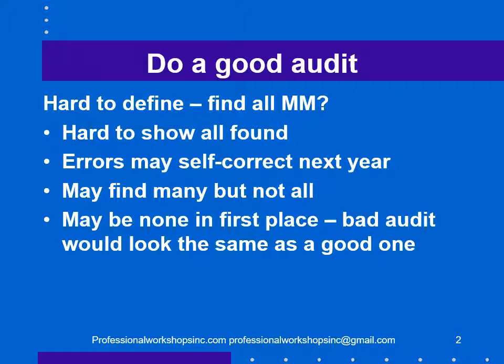The other thing is maybe there's 100 errors and the auditor finds 99 out of 100. Is that a good audit? They missed one really big error. Did they do a good audit or not? Certainly, the public would believe that you'd messed up because you missed a material misstatement. You're supposed to find them.